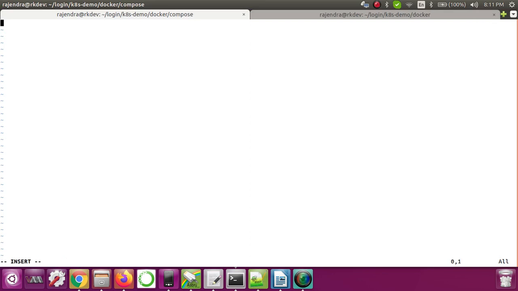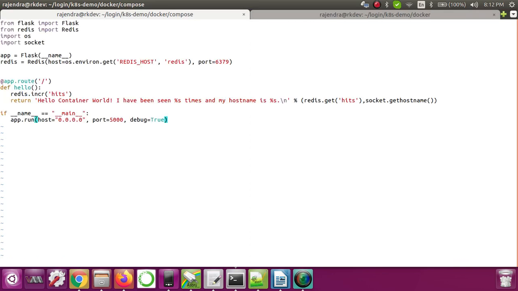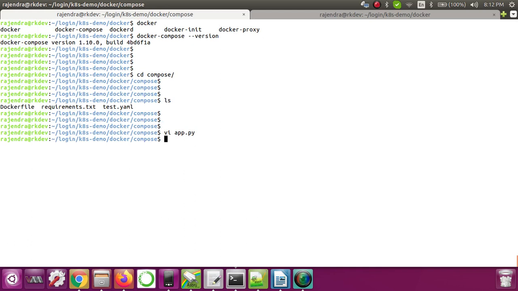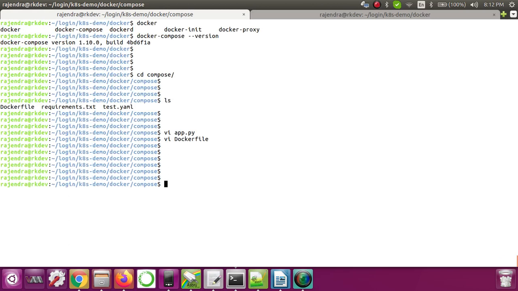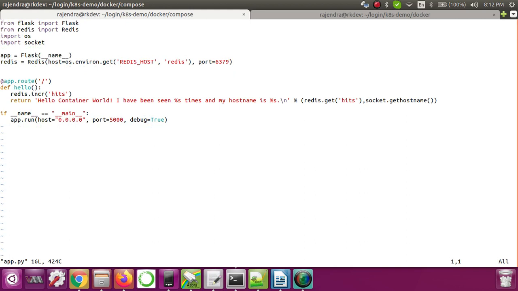This is a Python application, so let me add this. So the application is here. Let me go to the Docker file as well, and we'll walk through it. First, let me walk you through what this application is doing.